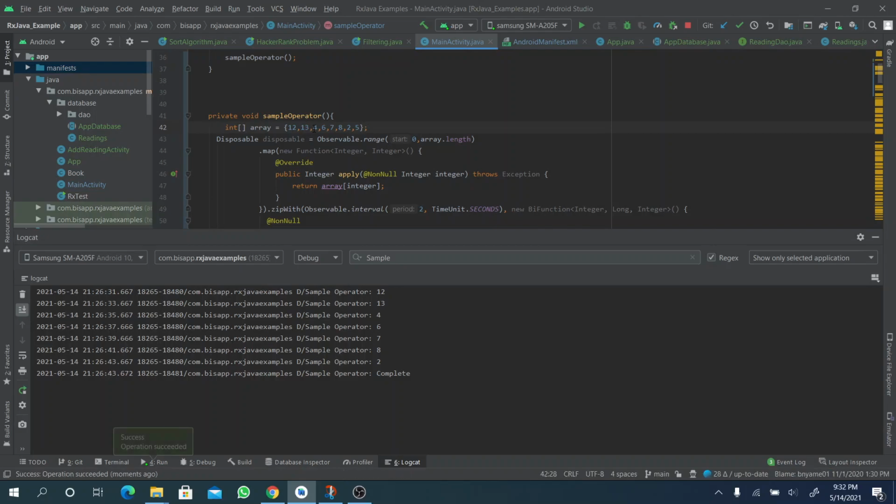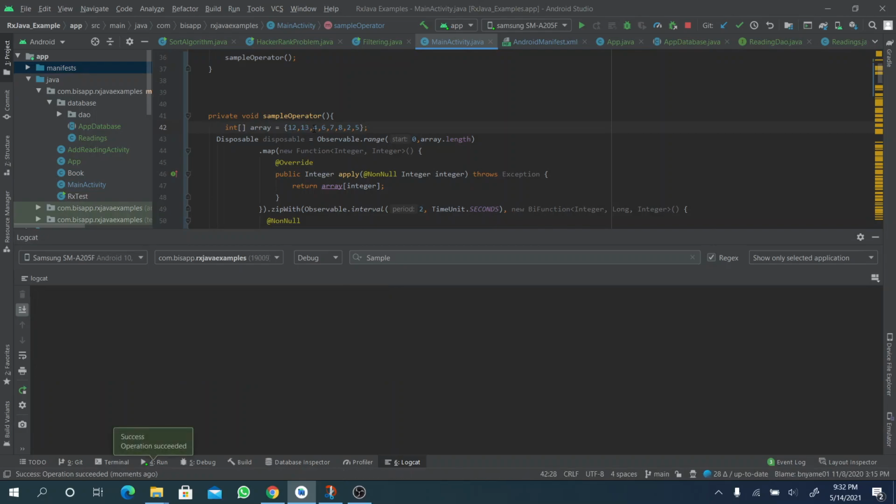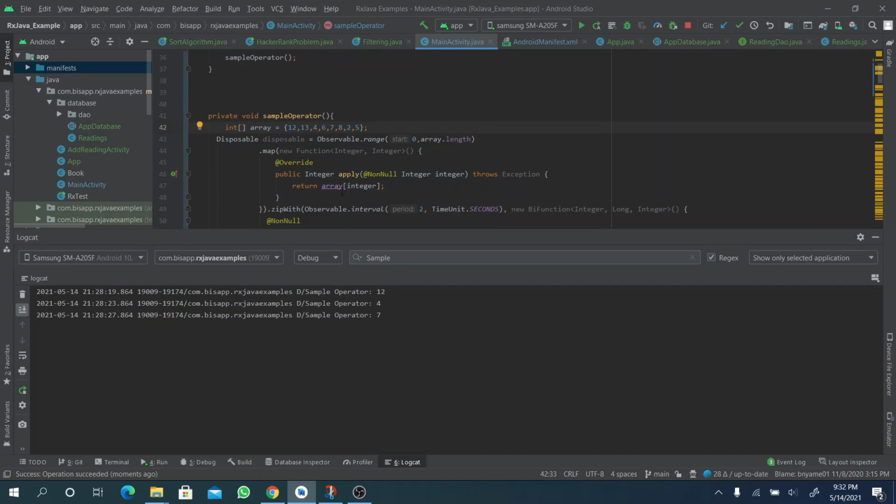Then before the next 4 seconds again, it will emit 4 and 6. Then the sample will give us the most recent item, which is 6. Yes, which is 7. So now we can see the most recent item like 12, 4,